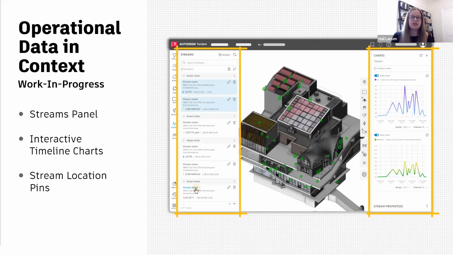Interactive timeline charts for the display of time series data, and also the location of stream pins in the viewer space. So this, again, relates back to probably what you saw last week or last month in the context of the research team's work on Dasher and how we're bringing some of those capabilities forward in Tandem. So to dive a little bit deeper, what we're working towards here is an alpha release of these capabilities in Tandem